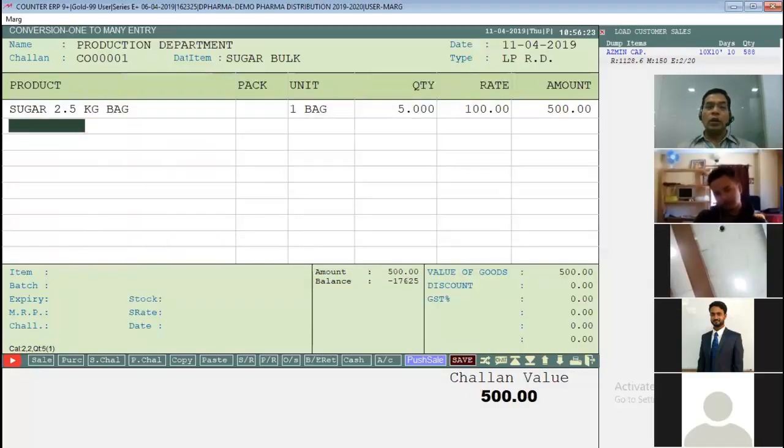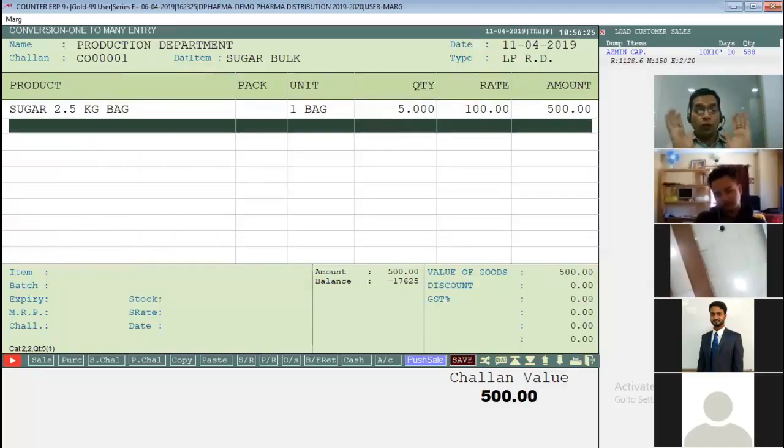Now when I save it, what should happen? I should get 5 bags of 2.5 kg sugar, and 5 into 2.5, 12.5 kg sugar should reduce from 100 kg. So now the stock of 100 kg should become 87.5, and here I'll have five 2.5 kg bags. Let me show you.